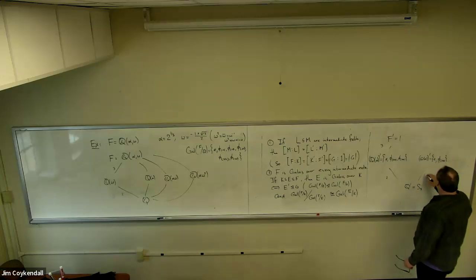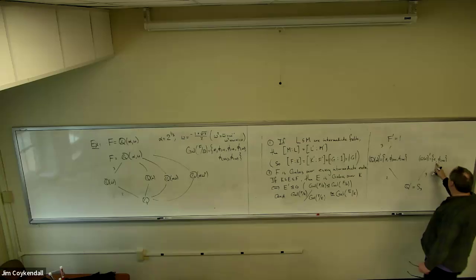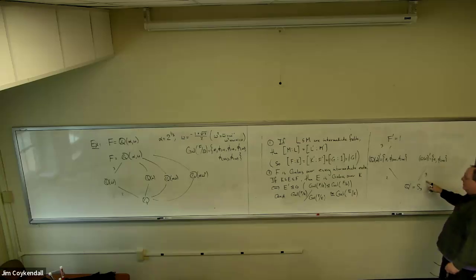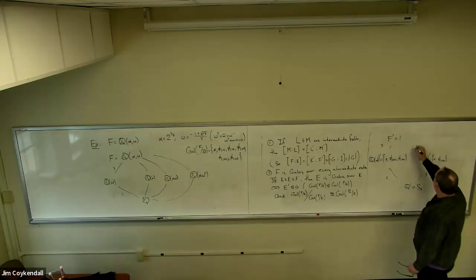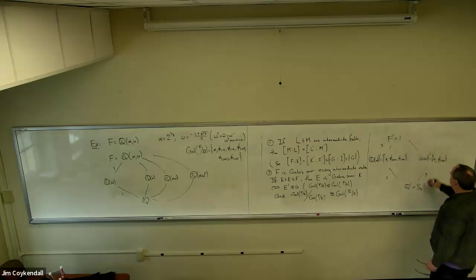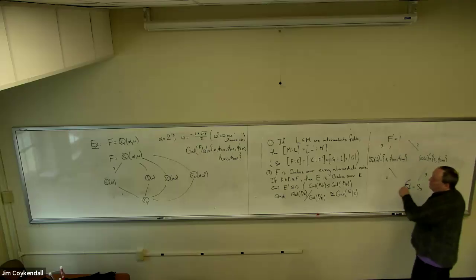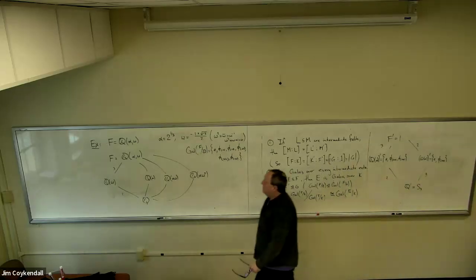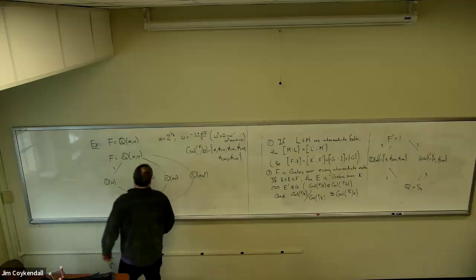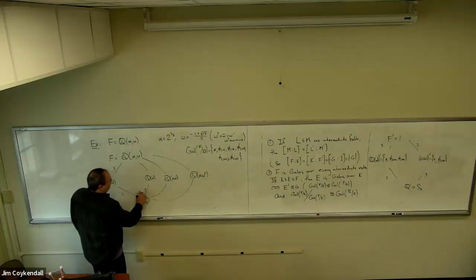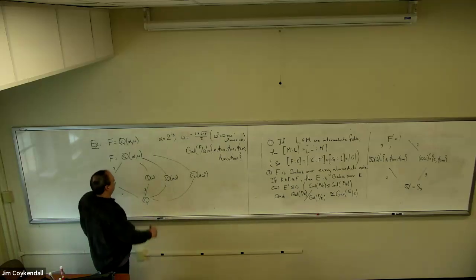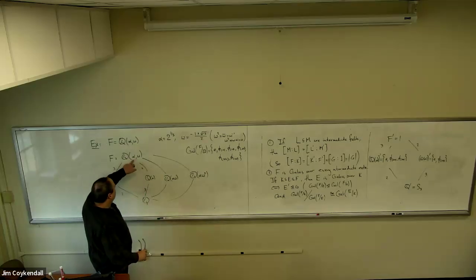This index here is 3 because it's a subgroup of order 2 inside this group of order 6. And of course, the index here is 2 because this is a group of order 2, and that's the identity. And that's exactly what happens here, because we've already seen that this extension is 3, just like we got that index. And this is 2 because notice that the cube root of 2,